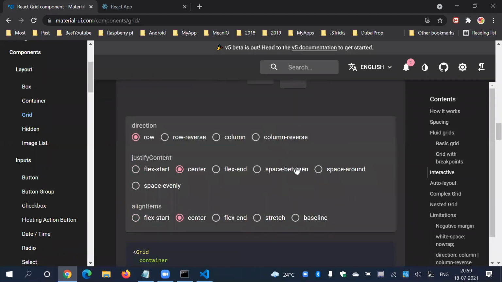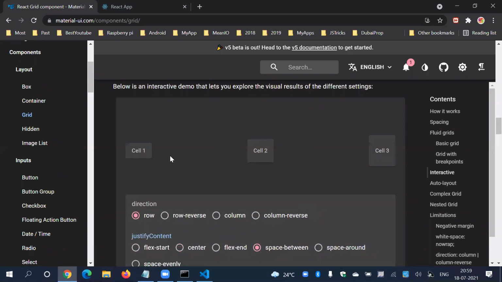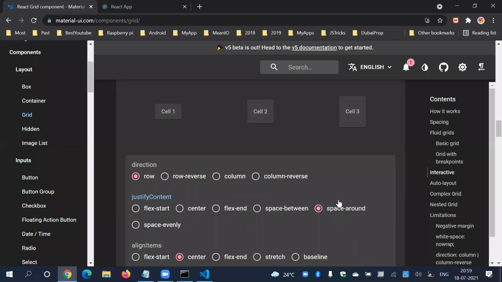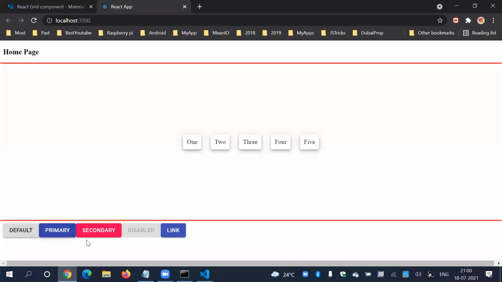Look at this. If I say space between, it will become like this. Space between, same space between all the items. Space around means this space is the same. So let's say 3, then 3, then 3, then 3, then 3, then 3, like this. And space evenly is similarly like this. The same space, let's say here it is 4, then again 4, then again 4. So you can use justify content to align items, right? I'm going to use this property to show these buttons properly.